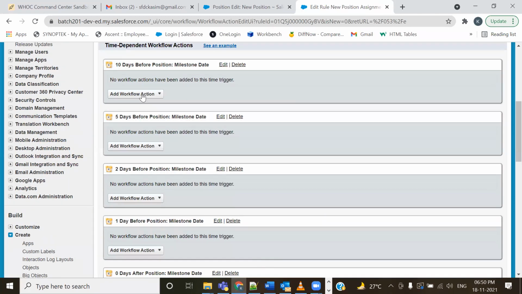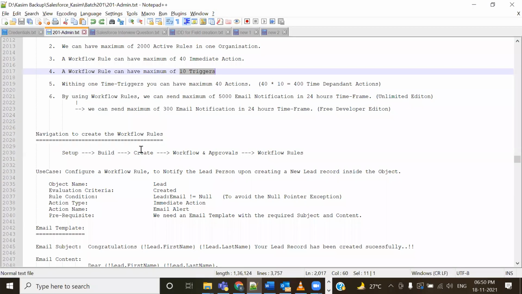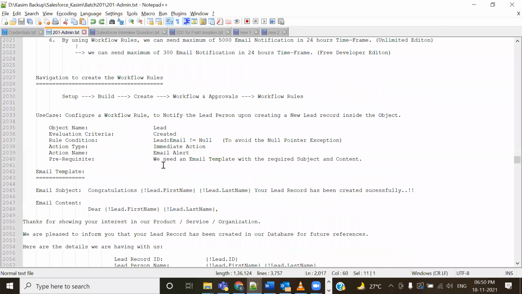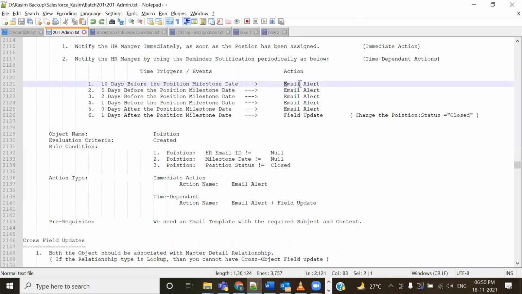Okay, चलो, अब inside the time trigger now you need to add the action। time trigger के अंदर action add करने पड़ते हैं। तो what I wanted to happen in the 10 days before, मैं क्या चाहता हूँ, email भेजना चाहता हूँ। 5 days before email भेजना चाहता हूँ। 2 days before email। 1 day and after 1 day it's like field update। ठीक है, so email alert है everywhere, everywhere it's